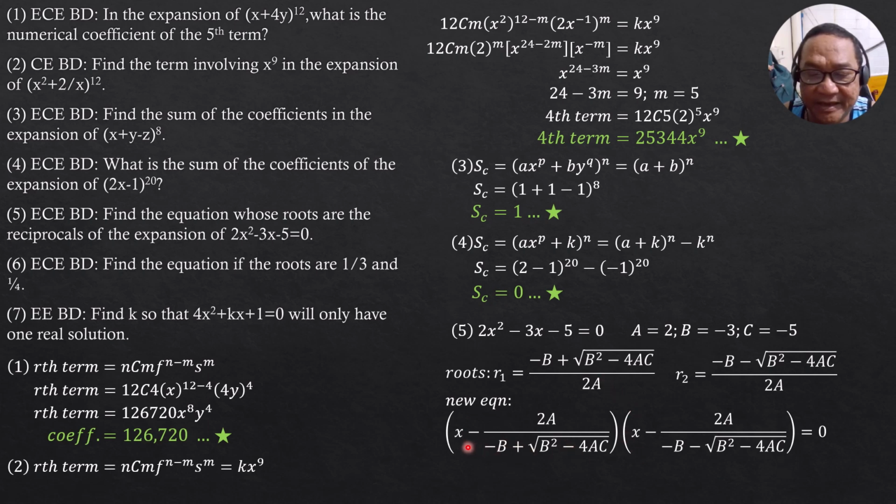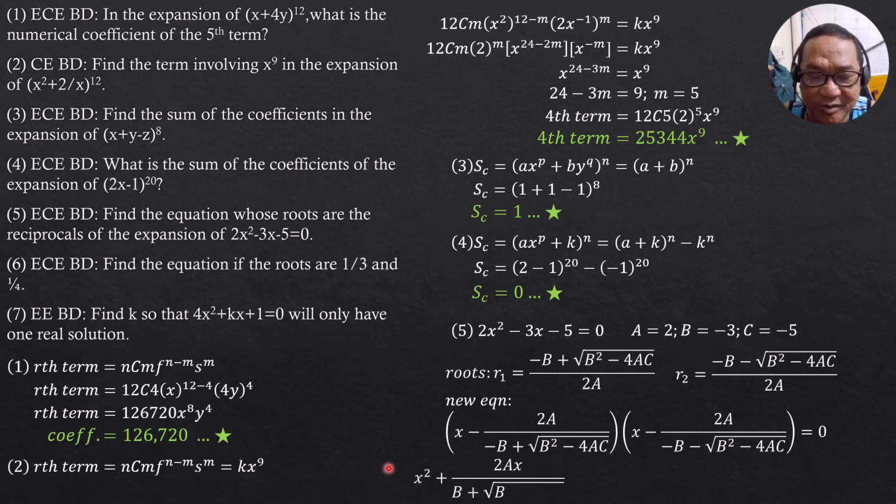Then we have negative 2ax over this denominator. We also have negative 2ax over this denominator. Then the last term is negative times negative, so positive 4a squared all over the product of this denominator, which would be square of the first minus square of the radical or square of the second.